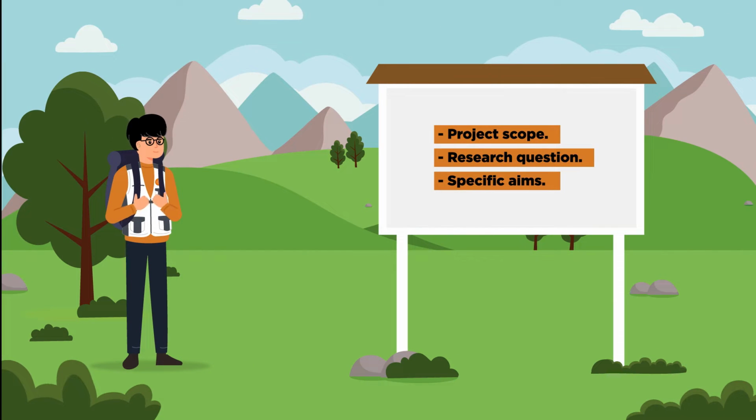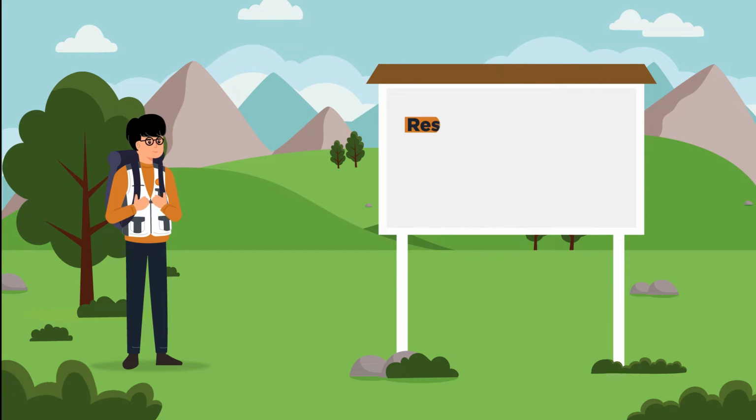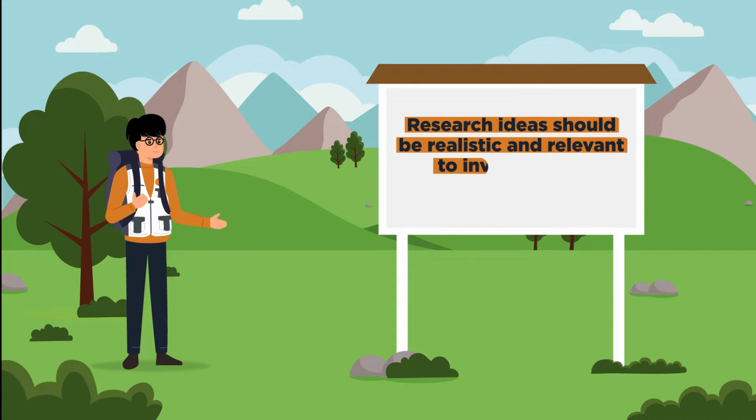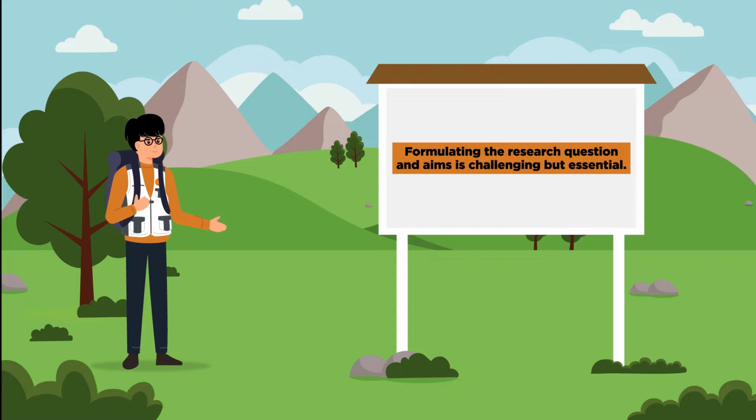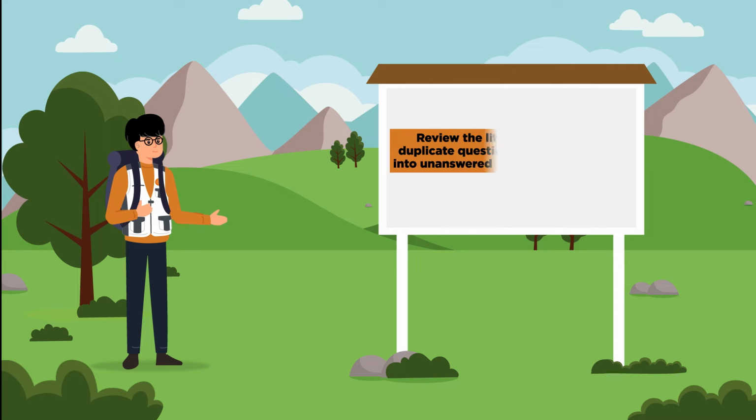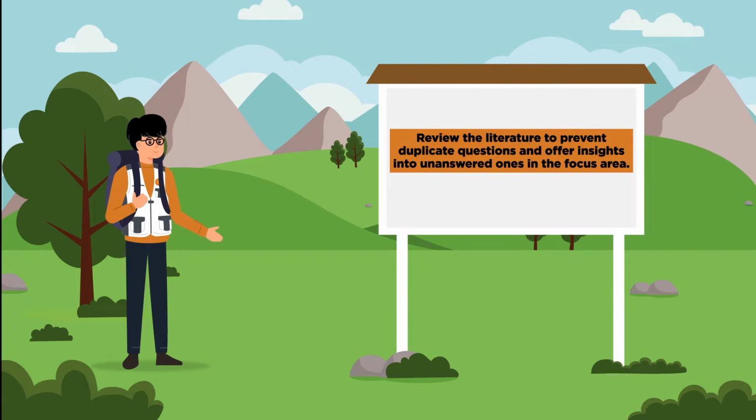Yeah, of course. Before we conduct our research, we need to consider the project scope, research questions, and specific aims. Clearly defining the study scope is crucial, guided by the research question and objectives. Research ideas should be realistic and relevant to investigators and the community. Formulating the research question and aims is challenging but essential. Also, we have to review the literature to prevent duplicate questions and offer insights into unanswered ones in the focus